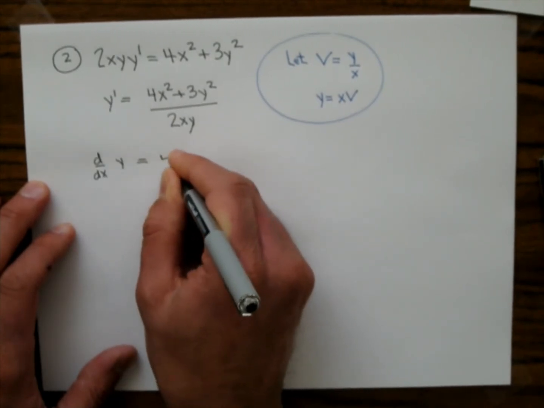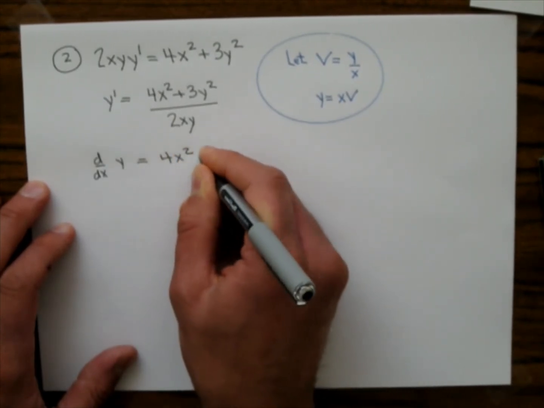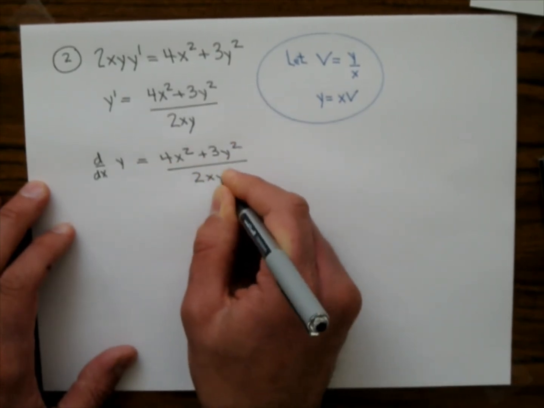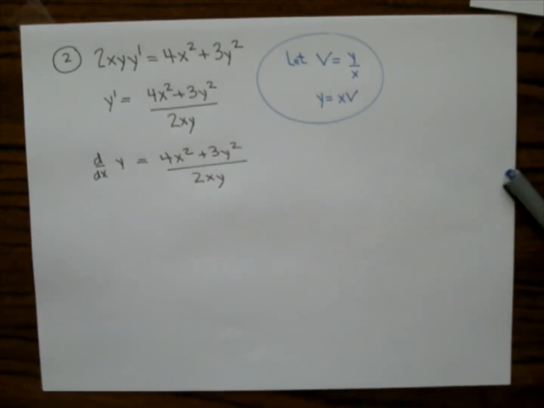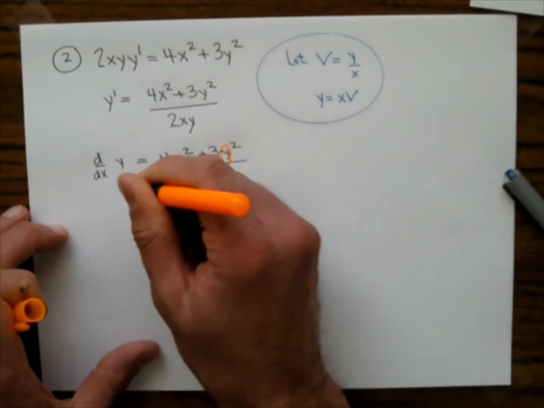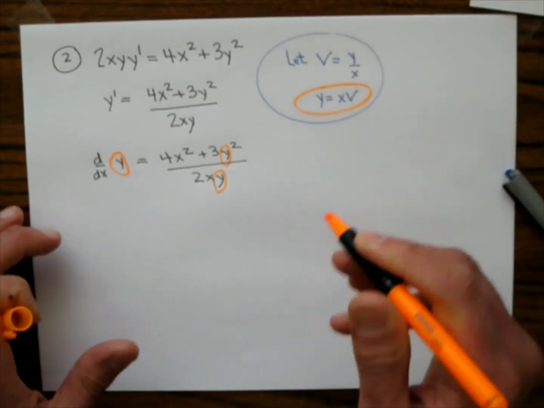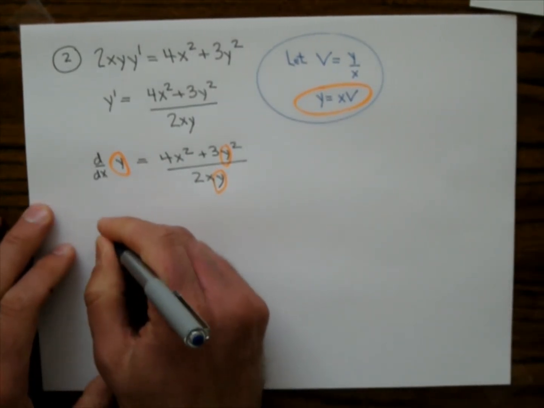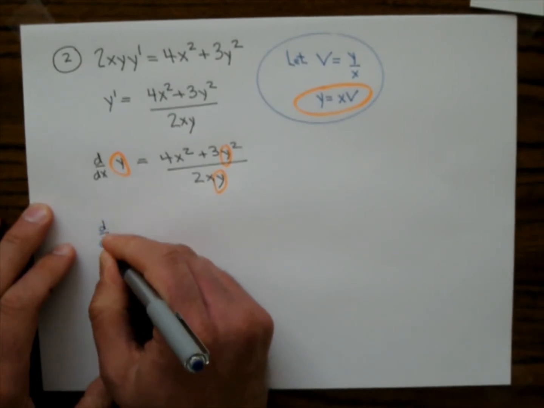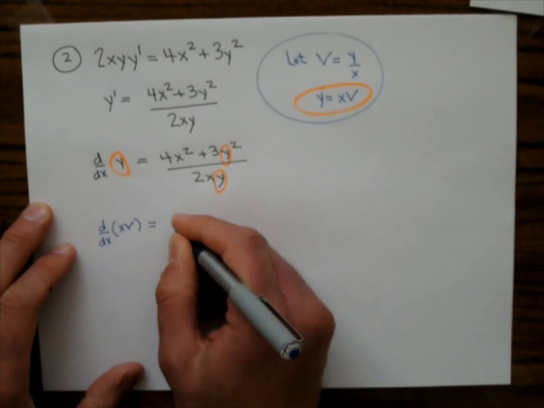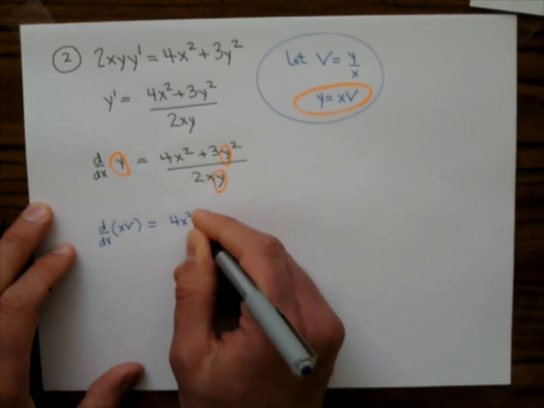Okay, so that's what we have. I'll just write out the right-hand side again. This is 2xy. Okay, so everywhere there is a y, I replace it with an xv. I'll change colors. And so what I have here is d/dx of xv equals